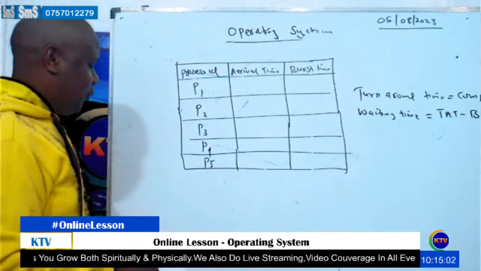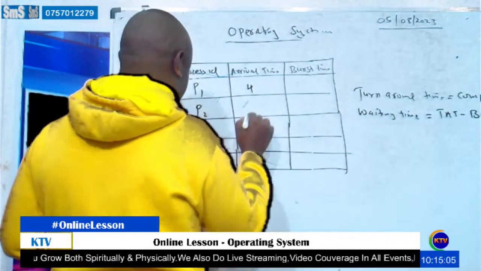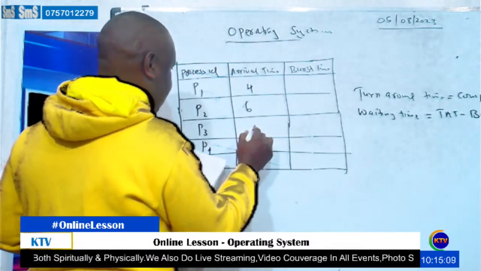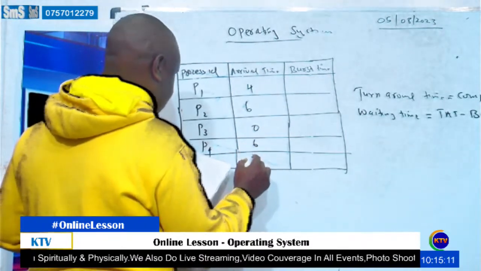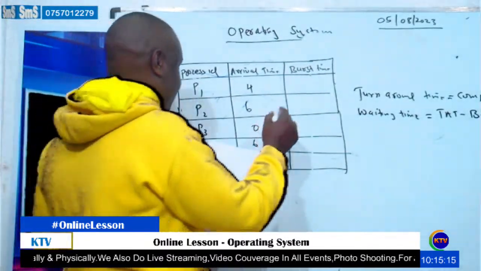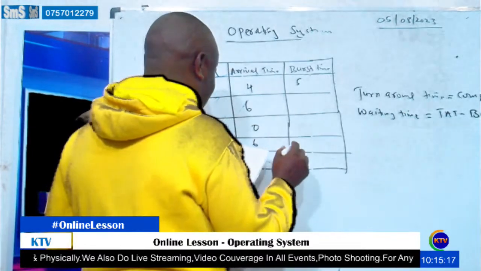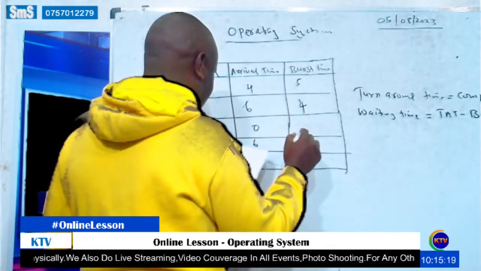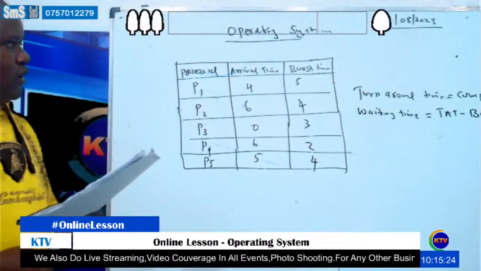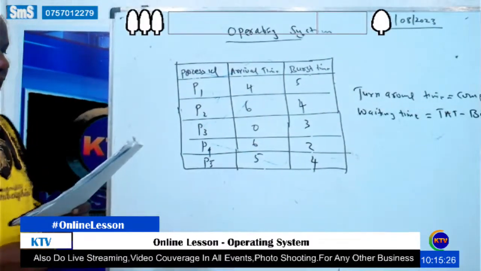So the arrival time for process 1 is 4. Arrival time for process 2 is 6. Arrival time for process 3 is 0. And then 6, and then 5. Burst time for process 1 is 5. Burst time for process 2 and the rest: 4, 3, 2, and 4. So remember here,